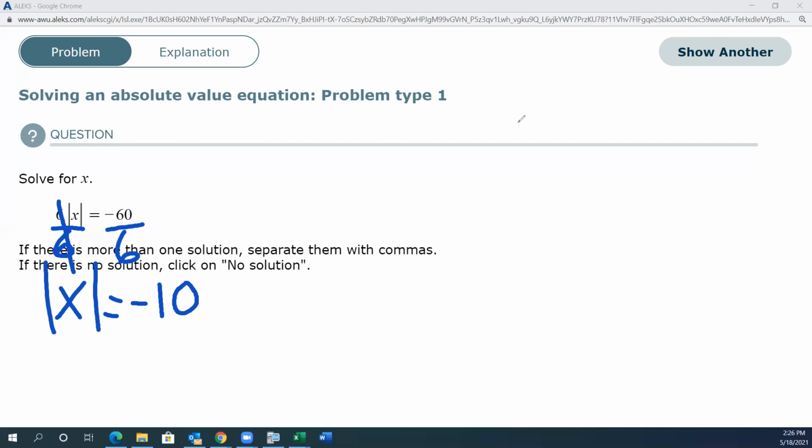So now, because it's an equation, we will rewrite the equation twice. Once without the absolute value bars, and once where we change the sign of the right side, the side that doesn't have the absolute value. Okay. Now, at this point, we would typically solve for x, because it might be like 2x plus 3 on the left side, but there's only just x, so it's done. Now, here's the kicker. Okay, so we have two solutions,